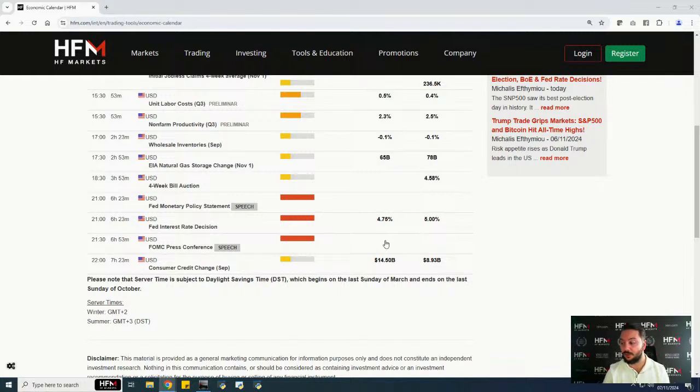Because one of the reasons for the Trump trade in the US dollar is that a massive percentage of it is because economists, analysts, traders and large institutions believe that a Trump presidency will make a less dovish Federal Reserve. But again, guys, that cannot be confirmed. But tonight, which is in just under 7 hours, if we do get that confirmation, either way, we can expect a lot of volatility.